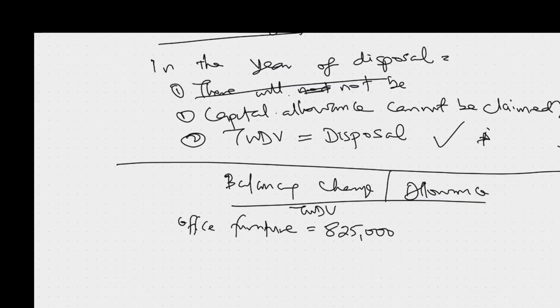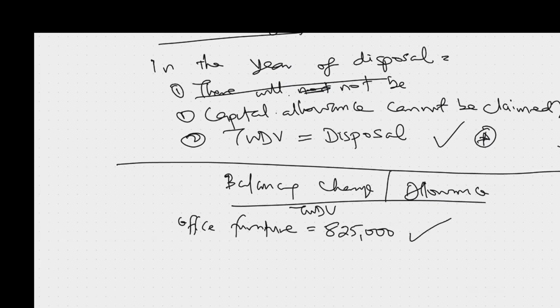So instead of calculating annual allowance, you will not calculate annual allowance because the asset has been disposed. You remember one of the conditions I told you about capital allowance is that the allowance will be granted all through the useful life of the assets. No temporary disuse. If they dispose the asset, you will not calculate annual allowance for that asset that year. The asset doesn't qualify for capital allowance. Because they have disposed this asset, we will take the entire tax written down value in that year, which is